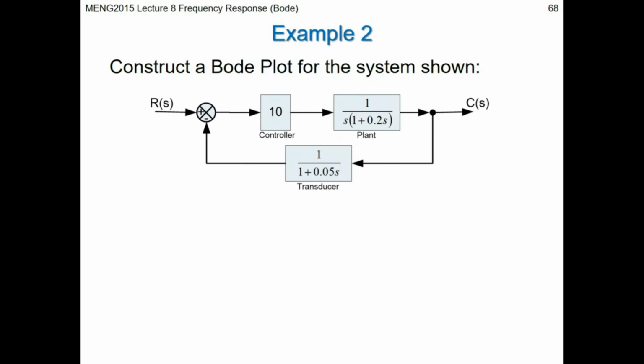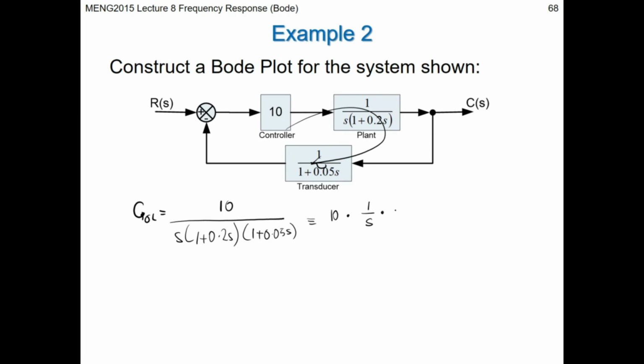This is our new system. So what's the open loop transfer function for this? So that's our open loop transfer function. And we're going to have 4 elements, which is going to be 10, 1 upon s, and then 2 first order lags. Element 1, element 2, element 3, and element 4. Right, so if I do switch to MATLAB,